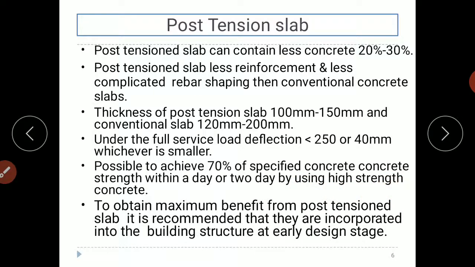Okay, so here in case of post tension slab, we can achieve 70% of the specified or calculated concrete strength in that particular day or after 2 days using high strength concrete. To obtain maximum benefit from post tension slab, it is recommended that they are incorporated into the building structure early in the design stage.